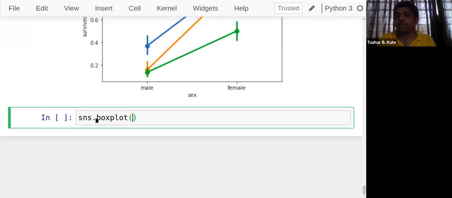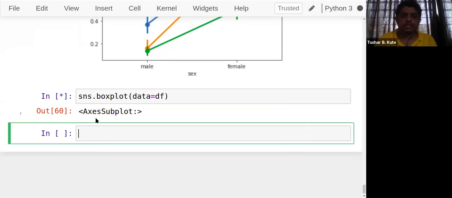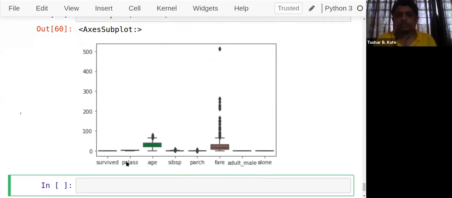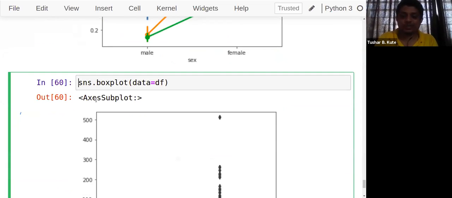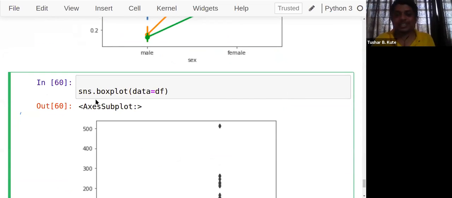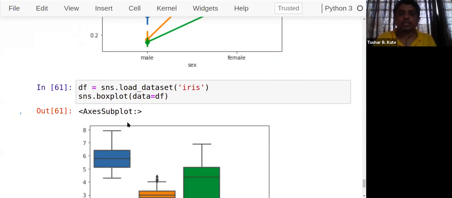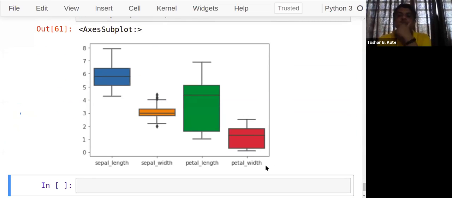So it contains the first parameter. I can use the data frame, and the orientation I can apply. So directly I can apply this one also. See this. Sorry, this is not different. Data is different. There variations are there. Variations are not present in the data frame of iris actually. So I'll read that. Sorry, sns dot load_dataset, and I'll use iris, and see this. Now you can observe the variations.